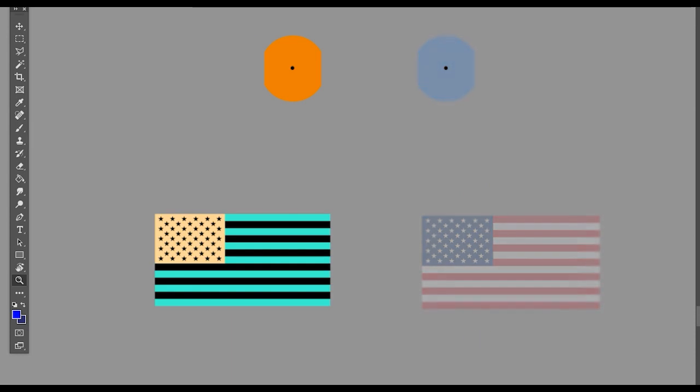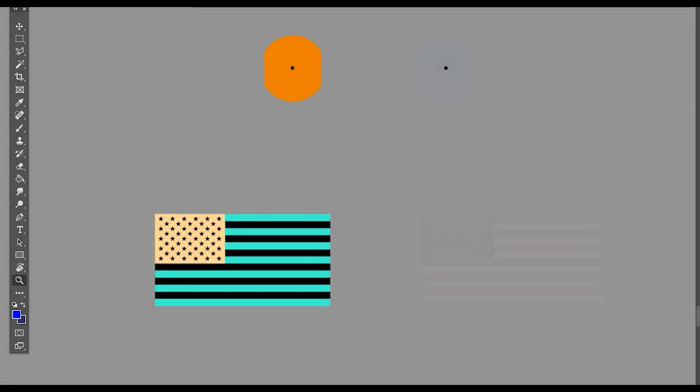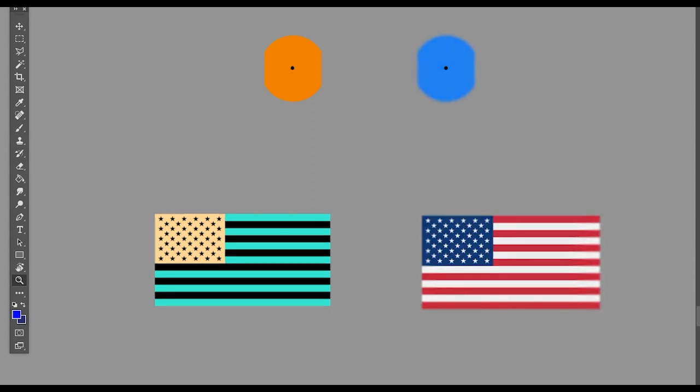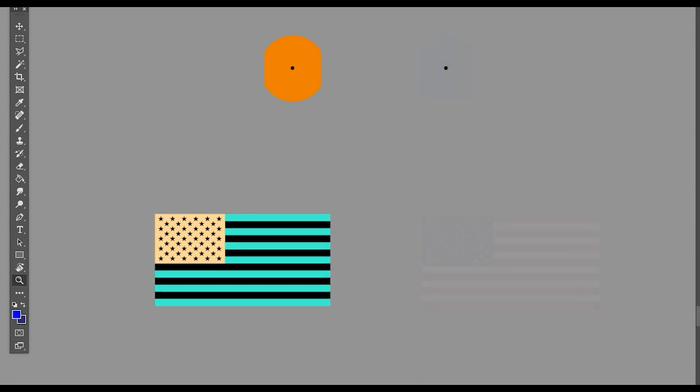You can repeat the same experiment with the US flag. If you stare at the image on the left, then this US flag will suddenly pop up and gradually fade. All of them are afterimages. In fact, when you stare long enough at this image, your eye becomes fatigued. So your brain produces a new image to balance that feeling of fatigue.